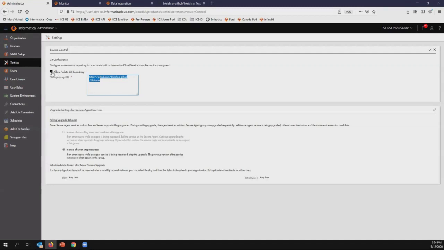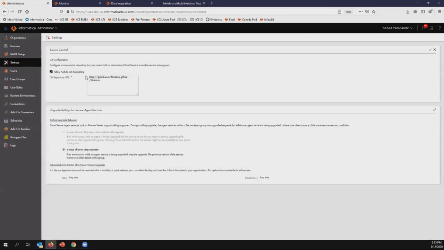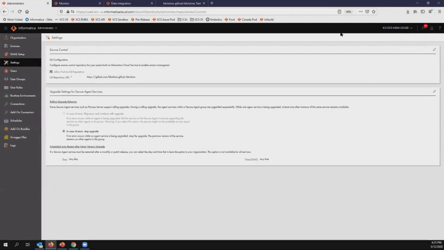The allow push to Git repository. If I check this, it basically says check-in and checkout operations will not be allowed from this org anymore. That is basically read-only access. So I'm just going to keep it allow push to Git repository now. I'll click on save. And one other important thing to do here is, as soon as I go ahead and provide the URL here,